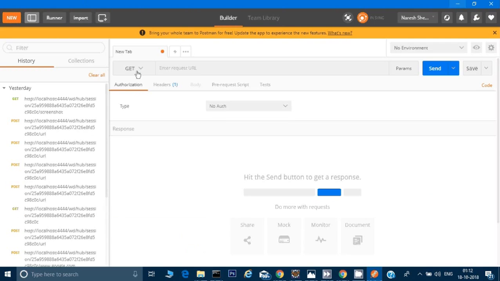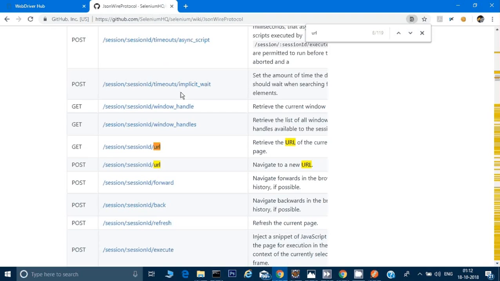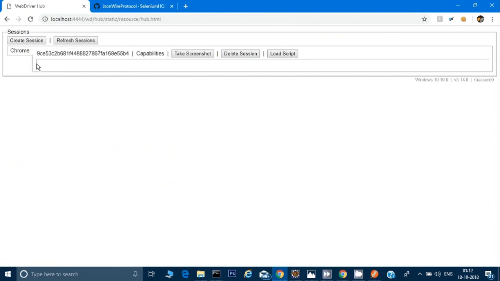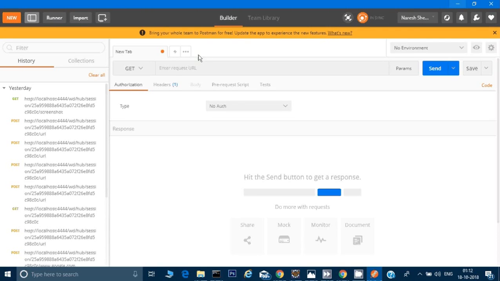Then I can go back. Let me just close this up. I can see there's a command called session ID URL. So I need to give a session ID, then I have to give the ID number, and then I can type the URL. And once I do that, I should be able to open the website. When I have given a session here, it has given me one session ID, and my session ID is on my localhost. So I can just copy this part, localhost port number, wd/hub, and paste it here